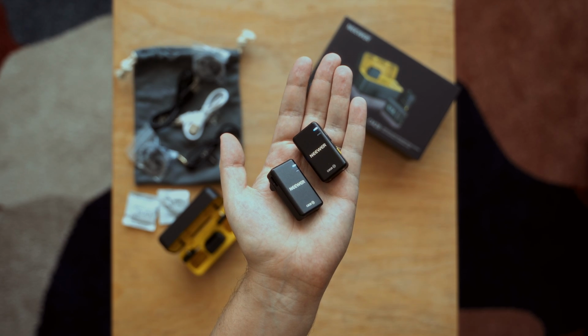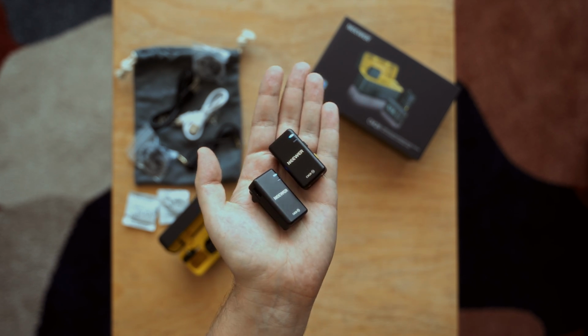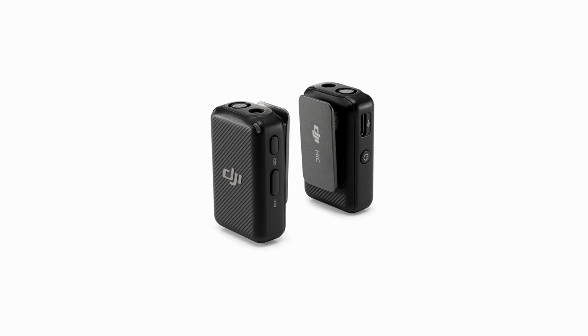Now let's look at the actual transmitters. With this kit you get 2 transmitters with built-in microphones, so you can record interviews or podcasts with 2 people at once. What I like about these transmitters is their form factor. They're similar to the DJI wireless mic, and I prefer this design over the square Rode mic, for example. The Rode mic feels a bit bulky to me, especially when you attach it to your clothes. But these newer mics have a sleek profile that looks nice and doesn't draw too much attention when you attach